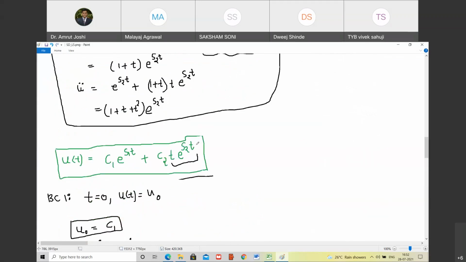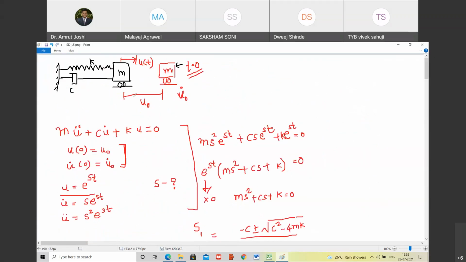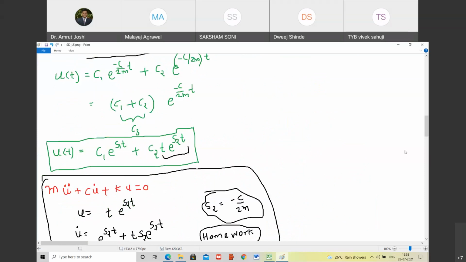What are the problems that we are dealing with? Problem number one, I stretch this mass towards right by 50 mm, and then I leave it and observe how it moves. And in case number two, I stretch this mass by 100 mm and release it, and I observe how the position of the mass changes with reference to time. This is what we are trying to solve. Are you with me till this point? Please type your response in chat box.